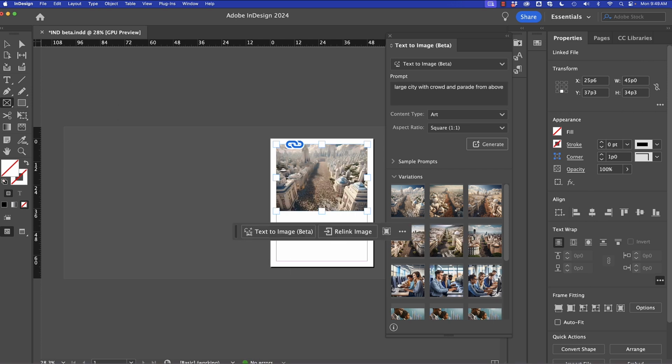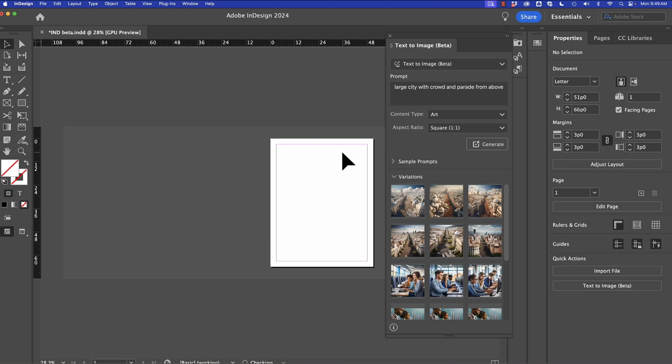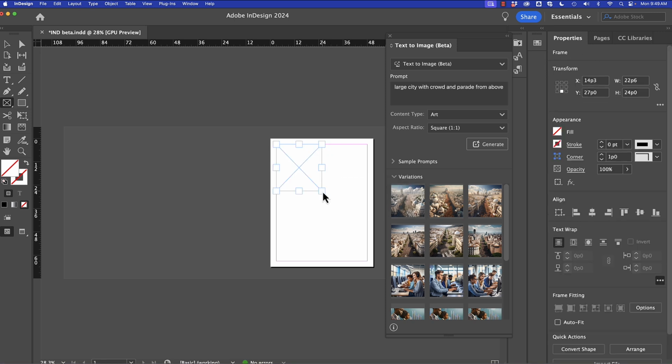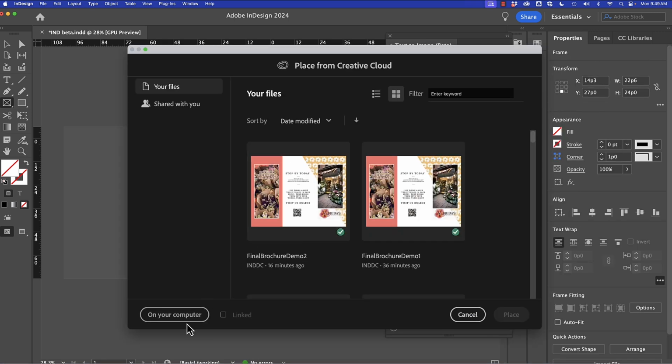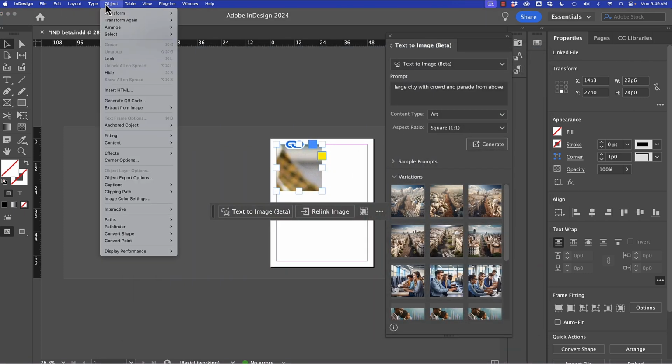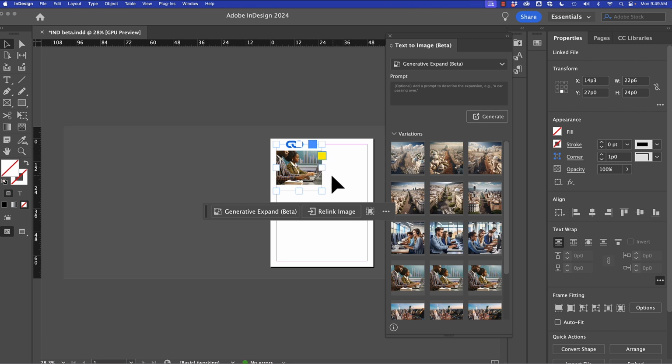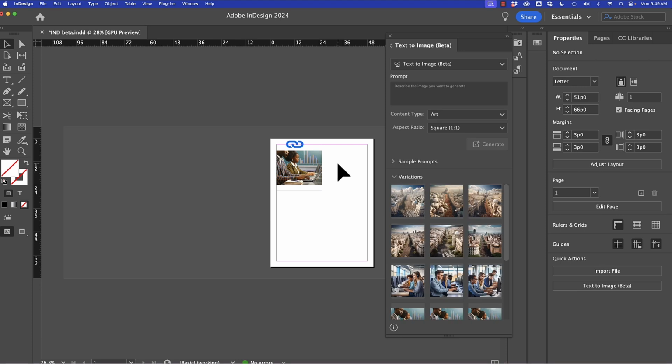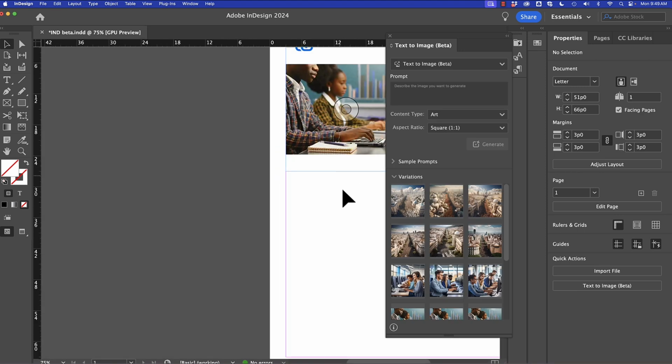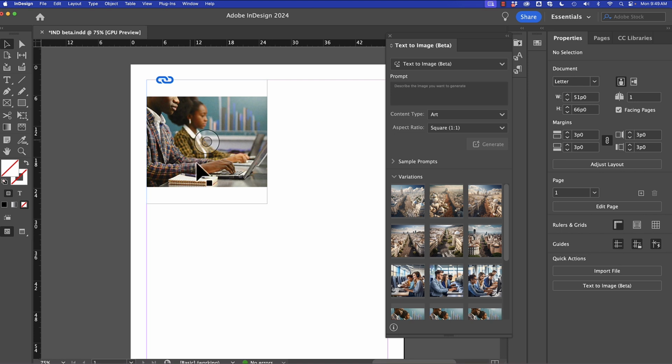So the next really cool thing you can do with the text-to-image suite is do a generative expand. So this was first introduced in Photoshop. And I'm just going to draw a space where I want that photo, and I'm going to place an existing photo. And I'm going to use our little trick with fitting and get that photo in there. Now notice that the photo is very horizontal, and yet my space that I needed this photo in was a